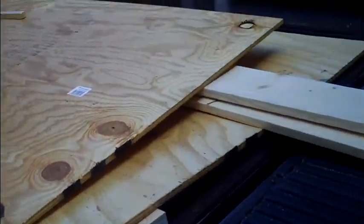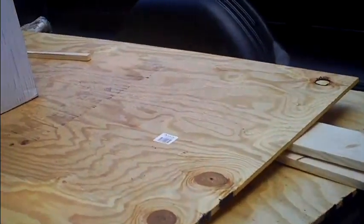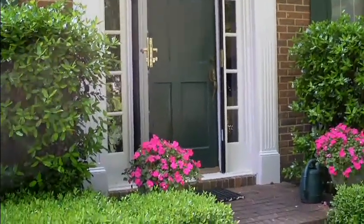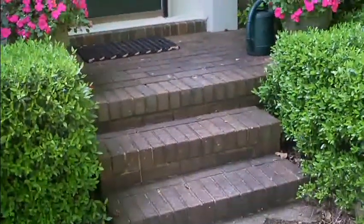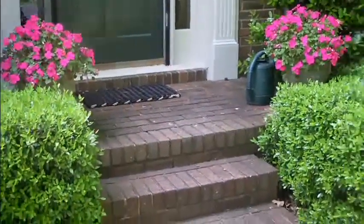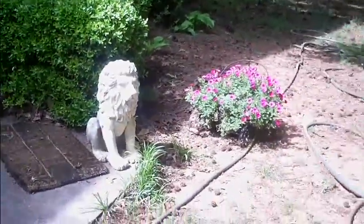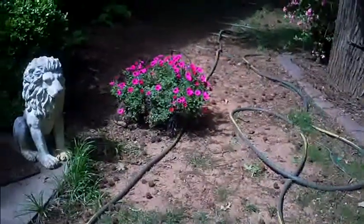So looking on the outside, there's the minivan inside the garage, and then I got some wood here from, where did I get this? Lowe's. And I'm gonna make a ramp. See, there's the front door of the house, so I figure I'll make a ramp that could kind of go up these steps, like traverse the steps, and come down here past Mr. Lion, and then I'll pull the minivan right here, but I'm going to make the van